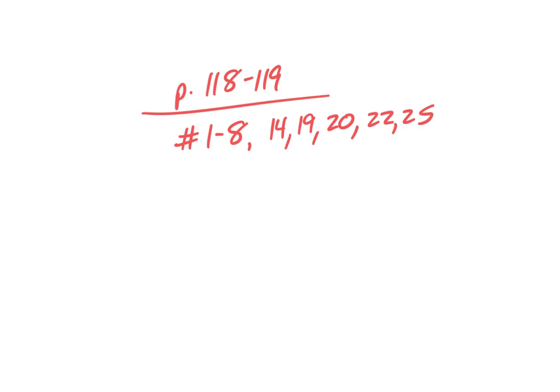Okay, 1 through 8 are pretty straightforward. Those are just telling me which function we're using. 14 is kind of a story problem like what we just did. 19 and 20 are evaluation type problems. And then 22 and 25, you're doing a graph. Okay. If you would like a PDF